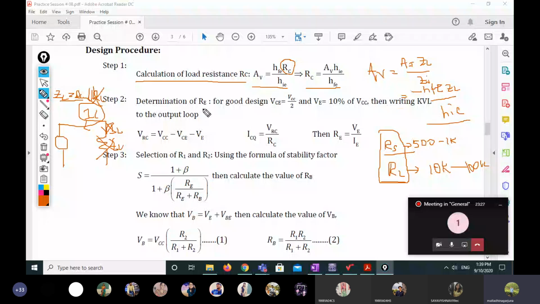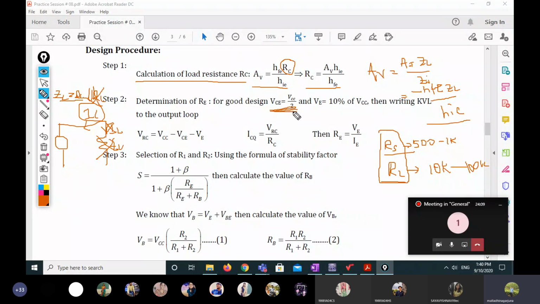So RE, how can we calculate? For good design, VC equal to VCC by 2. So this we already discussed. In the thermal stability, VC less than or equal to VCC by 2, we discussed the topic. Thermal stability after biasing schemes, that heat, we call the thermal resistance theta value, PD, PC, taking some derivation part, and we calculated. The rate of change of power generated at the collector must not exceed the rate of change of power delivered to the ambient surrounding areas. So that statement I gave, and we derived some derivations. So there we got this condition: VC less than or equal to VCC by 2.